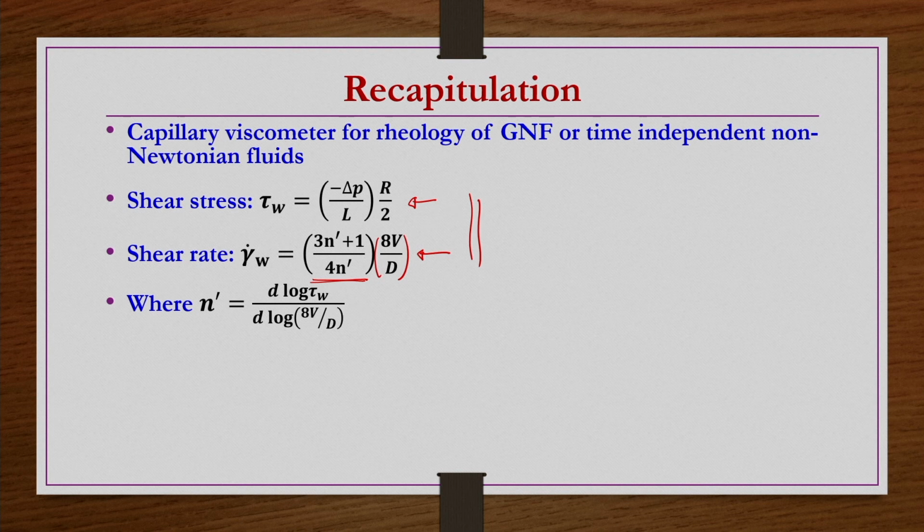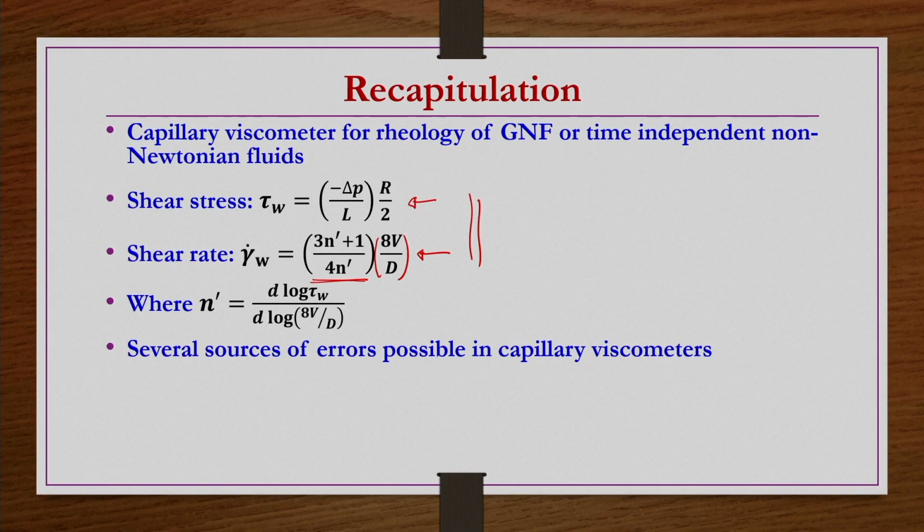Then we realized that there are several possible sources of errors in these measurements. What are the primary assumptions we have taken? We have taken that the flow is laminar, fully developed, steady, and the fluid is incompressible. So obviously when the flow is not fully developed, there would be some errors, and if the flow is not within the laminar region, again there will be errors. Different errors are possible. So we have enlisted all such errors, and we have seen primarily end effects,